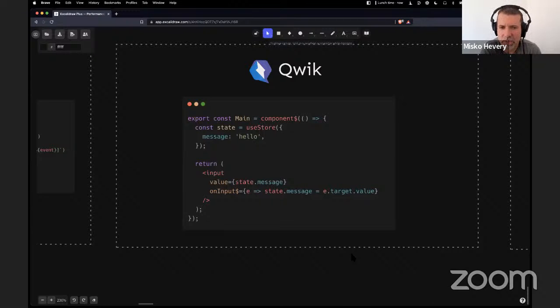Fresh is a framework from the Deno folks, and hopefully I don't misspeak, so Adam, correct me. Fresh underneath uses Preact, and it allows you to set up really tiny islands for your application, so it's kind of like Astro, maybe on steroids, a tighter approach. The trouble with this approach is that components need to talk to each other. They need to understand each other and know when to wake each other up.